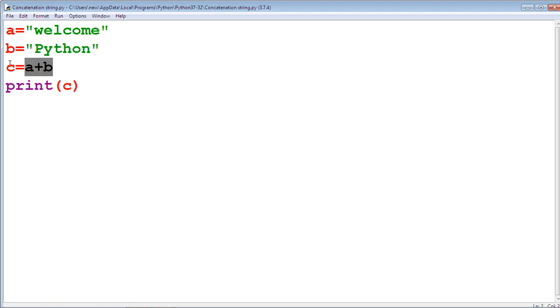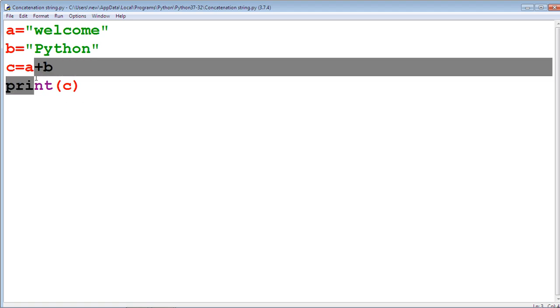C equals A plus B is an ordinary addition, but here A and B contain string values, so it concatenates the two values, welcome Python. But in C++, this is not allowed here. In C++, it is done by the concat keyword. That means concat of welcome comma Python leads to welcome Python in C++.